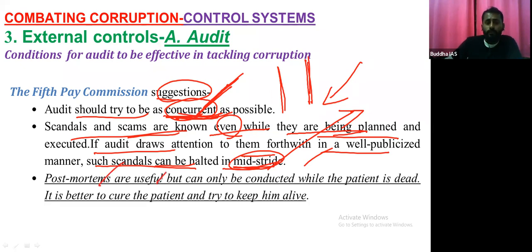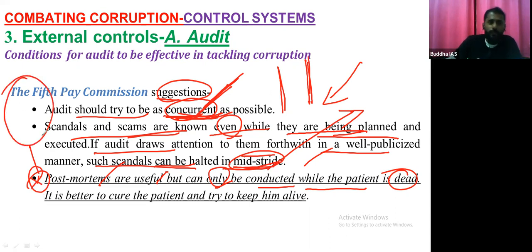Postmortems are useful, but only to be conducted while the patient is dead. Right? So, what is the meaning? Postmortems are important to know what has happened. Why do we do a postmortem? This is one of the most important things. If someone dies, through the postmortem report you will come to know the real reason for his death. But the main defect is here: the patient should die for that,